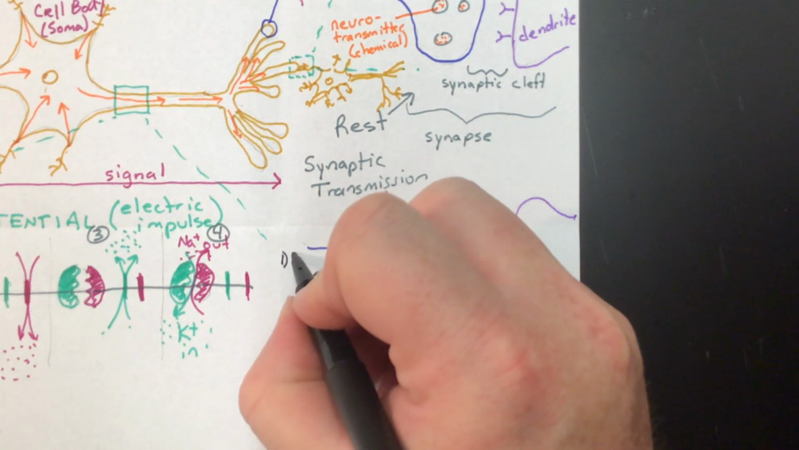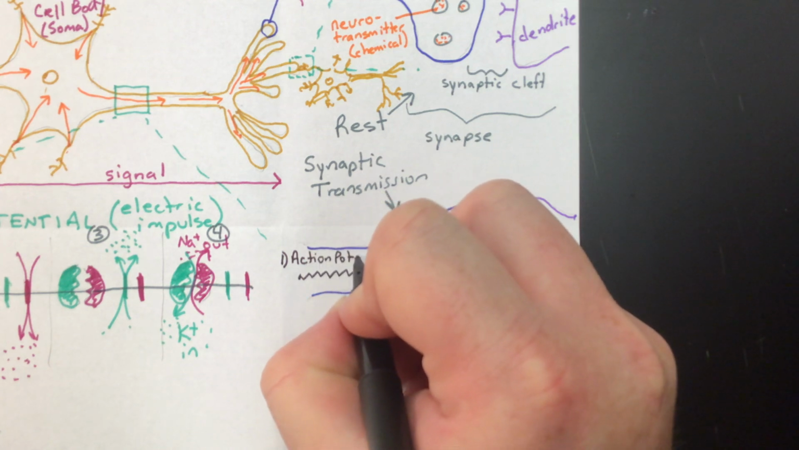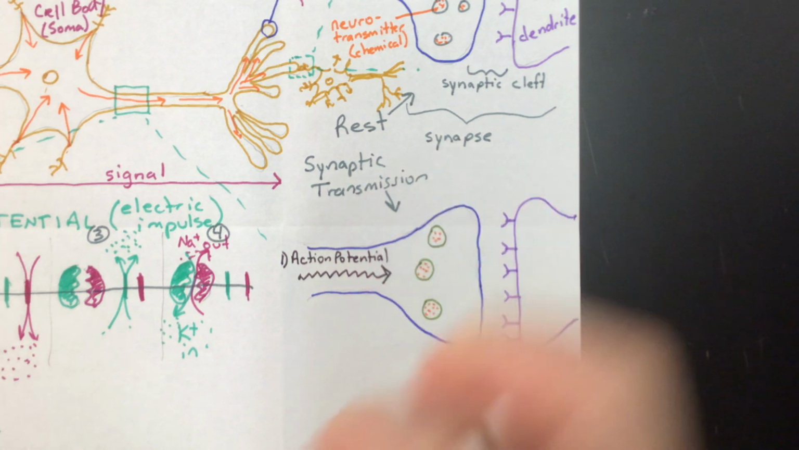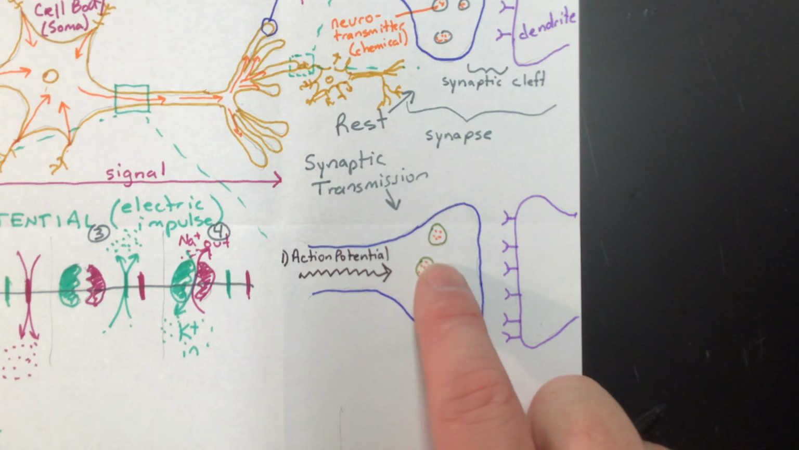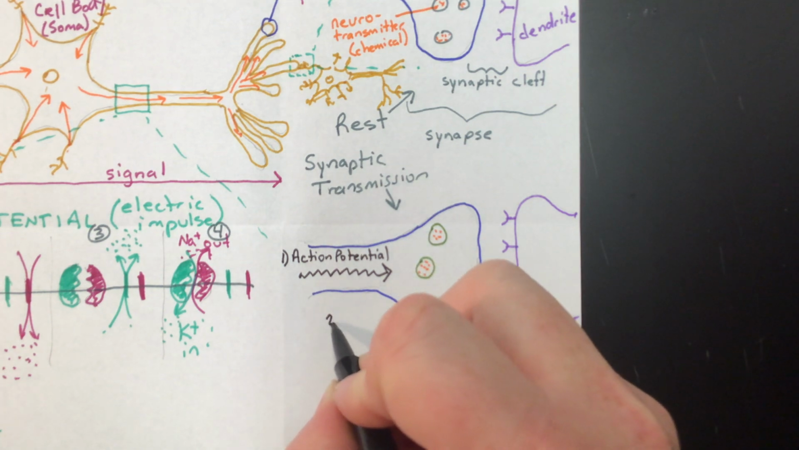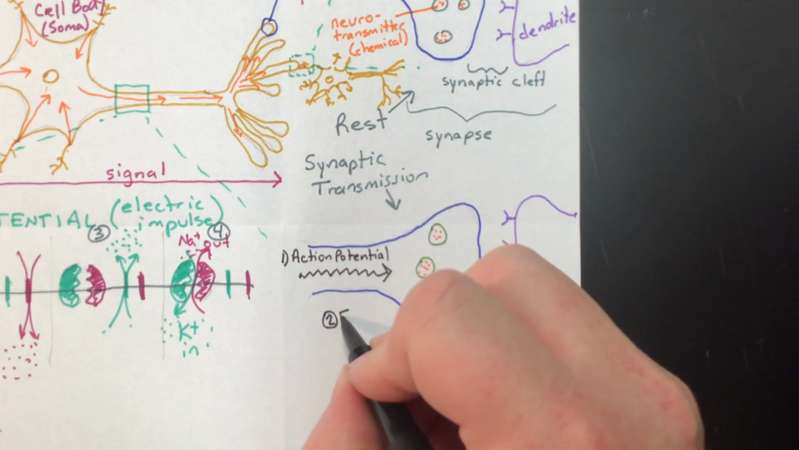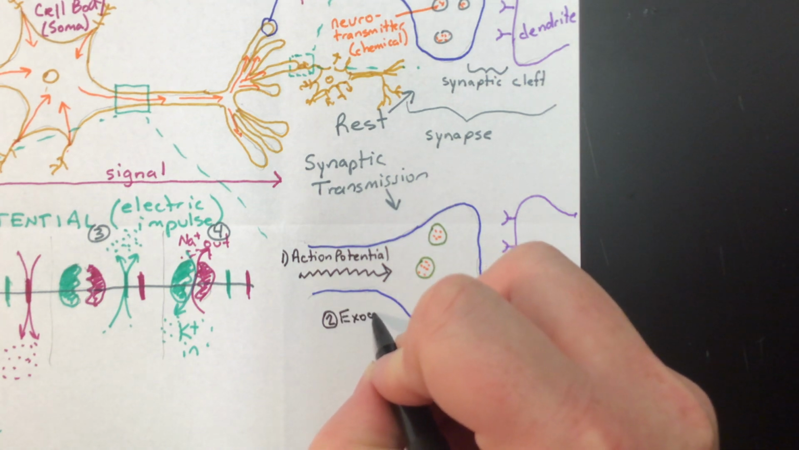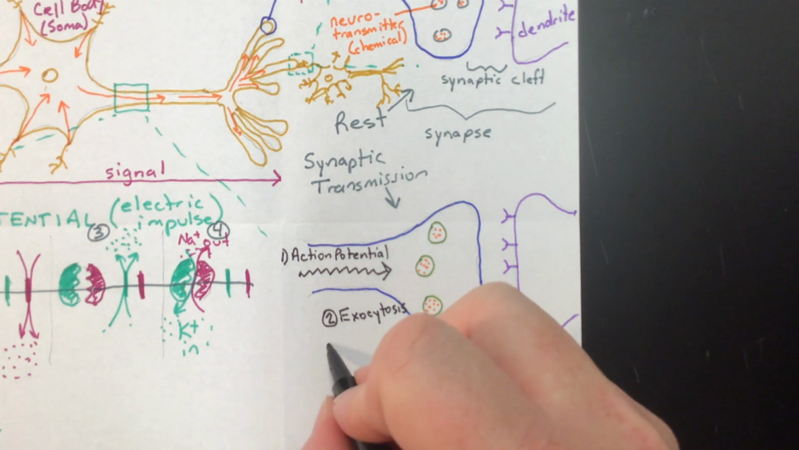Step one is the action potential comes to the end of the axon. And once this action potential gets to the end, that action potential is going to put a buzz here in these synaptic vesicles. So that's step two, is what happens is something called exocytosis. And we'll talk about what that means in just a second. Exocytosis of